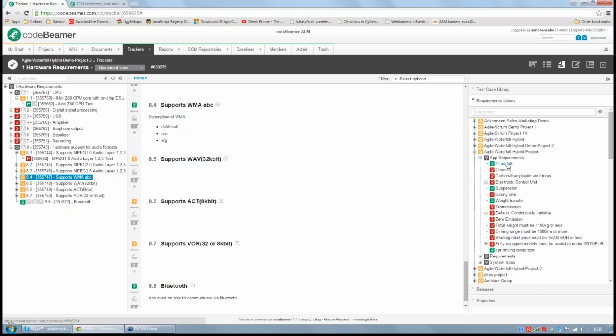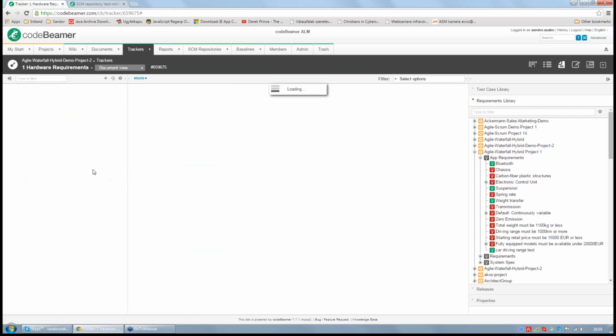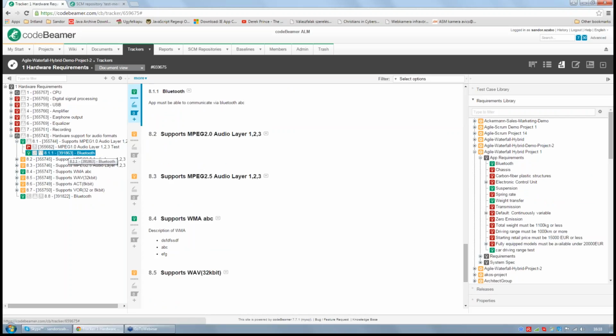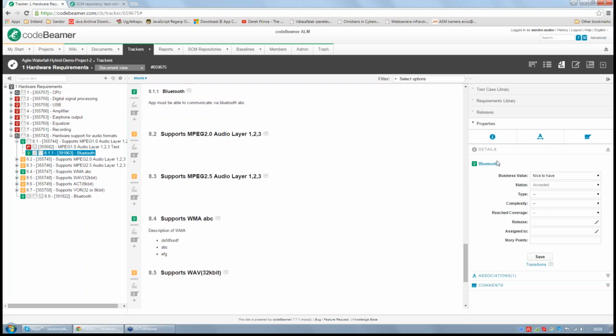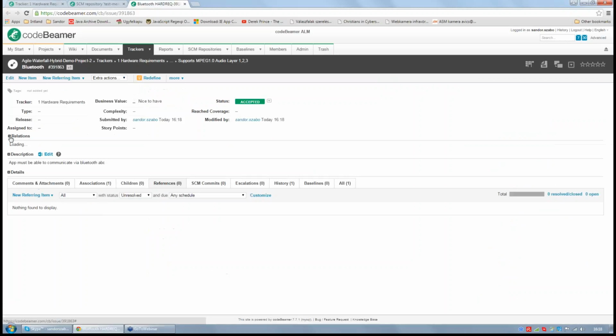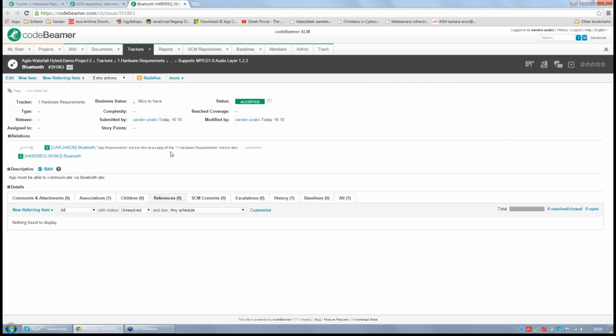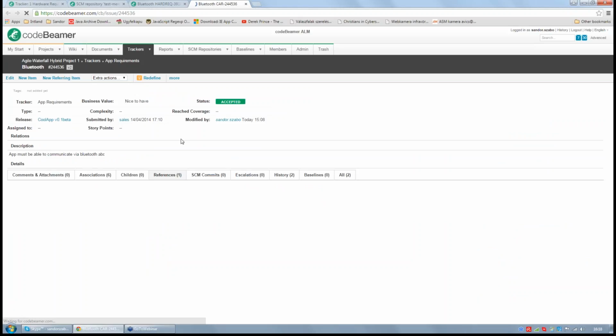So let's reuse this requirement in our requirement set. We will simply move the requirement into the tree in order to reuse it. Now a separate requirement is created in this tracker, and there is a link between the original requirement that was reused and the reused requirement. So if we open the properties page of the reused requirement, in the relations tab, we will see that this requirement is a copy of the other requirement. And now if we modify the other requirement,